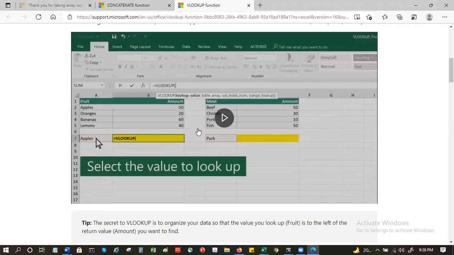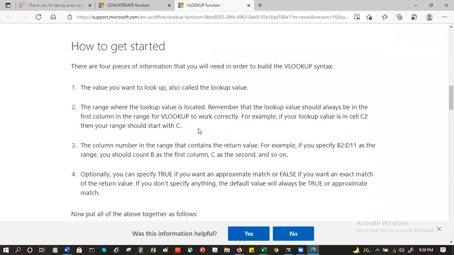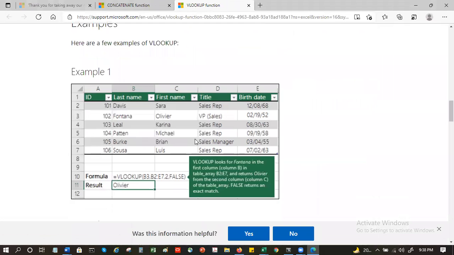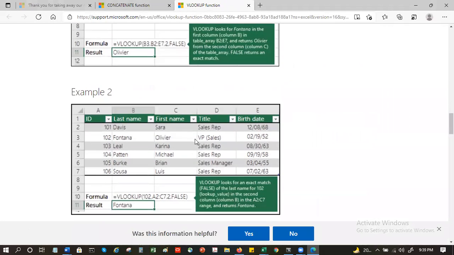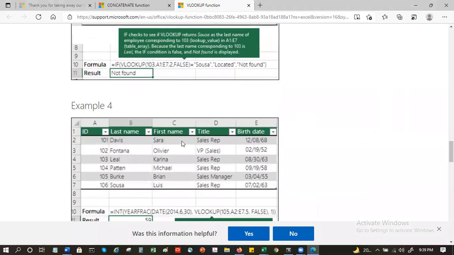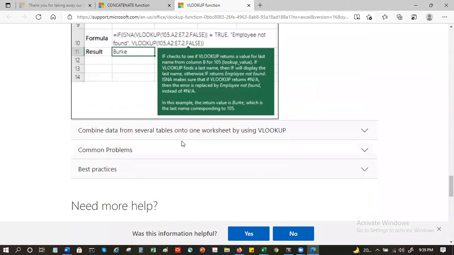So there's a video here as well. And if there is an example, they are showing you example 2. They don't have it live here, right?